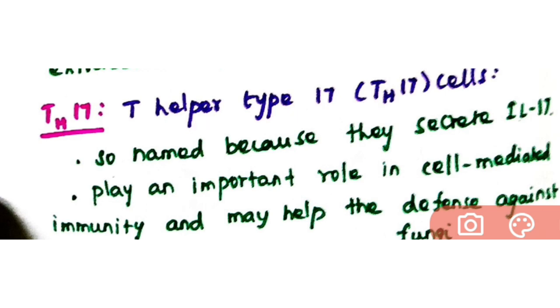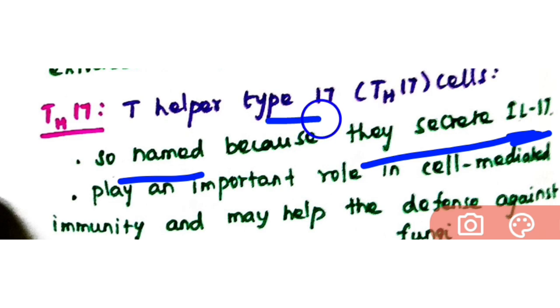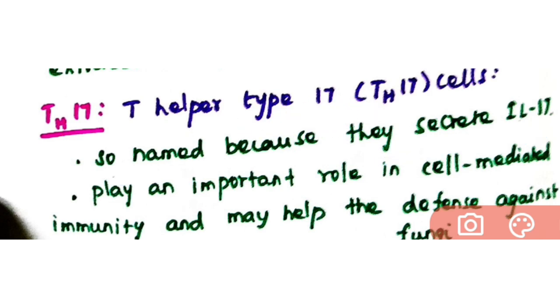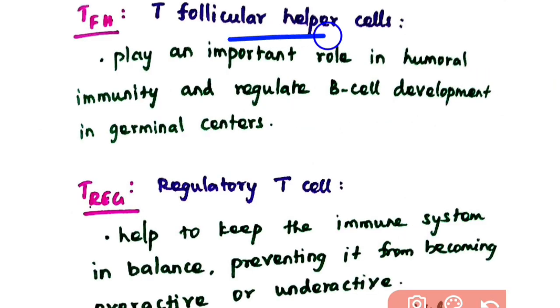Okay, so this T helper 17 cells are so named because they secrete interleukin 17. Okay, IL-17 means interleukin 17, so it secretes interleukin 17, that's why it is named type 17. Okay, then it plays an important role in cell mediated immunity. Okay, and it may help the defense against fungi. Then follicular helper cells, which play an important role in regulating B cell development, that is it has an important